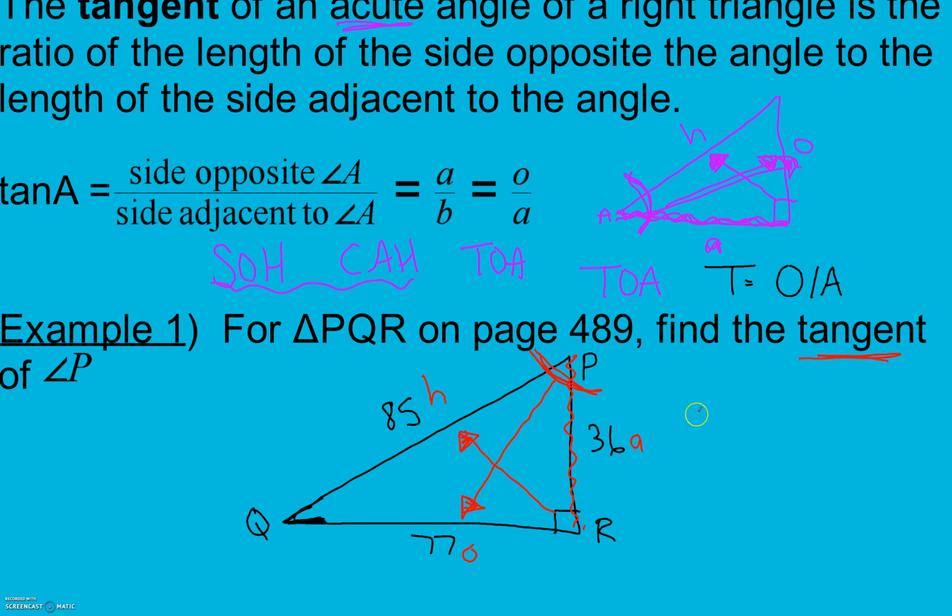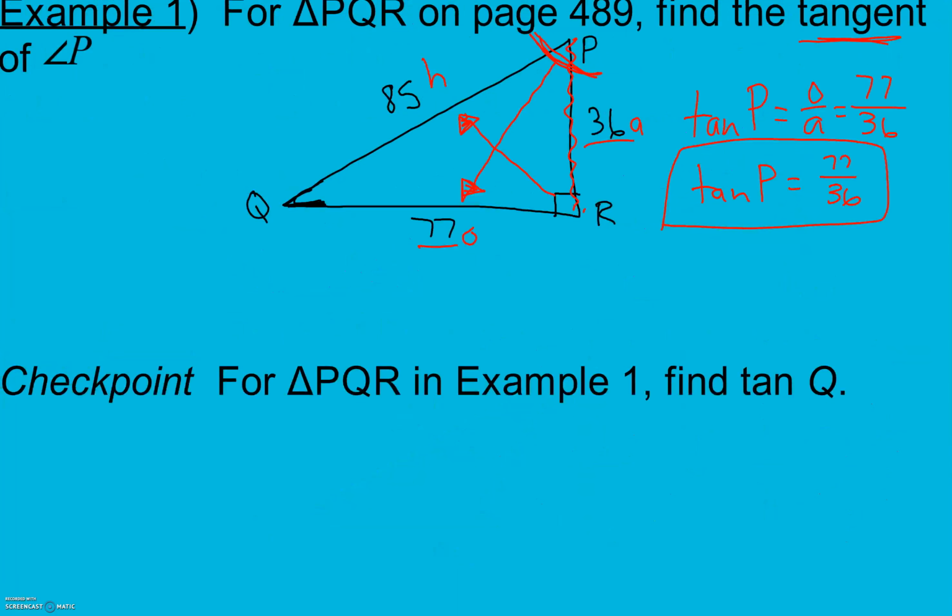Remember, when we're looking for tangent of P, I'm going to write tan of P equals, we take opposite over adjacent, TOA. Opposite is 77, and adjacent is 36. So tangent of P, we leave as 77 over 36. Now, feel free to pause here and give this a try if you'd like. For triangle PQR, from example 1, so the one I have drawn up here,